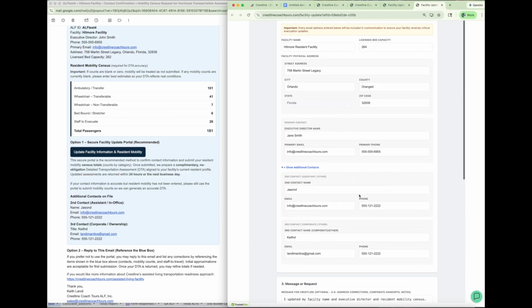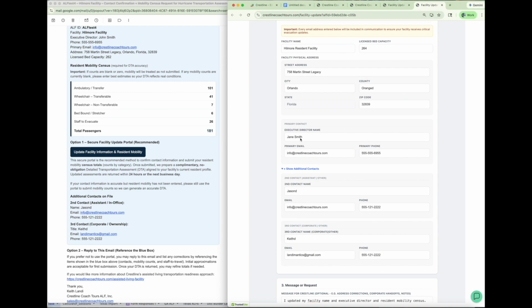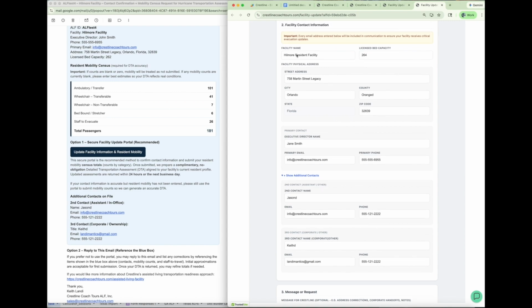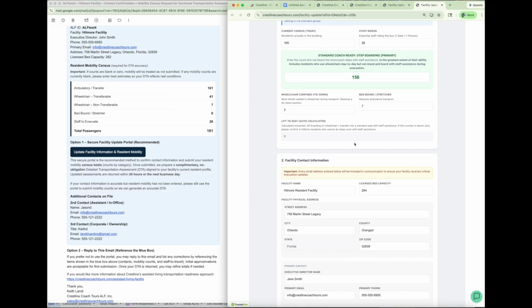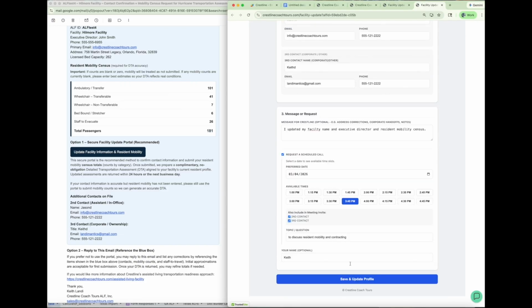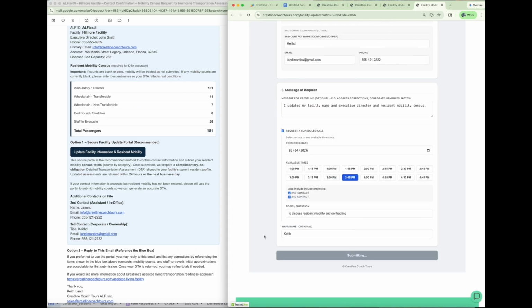Before we update this, recognize we made some changes. John Smith went to Jane Smith. Hillmore facility went to Hillmore resident facility. We changed the current census. Now we put 165 on there. Remember those details because we're going to save and update this, and then it's going to take a few minutes. It's going into our Crestline databases. It's changing all the information that we updated, making us aware that this update was done so that you'll get